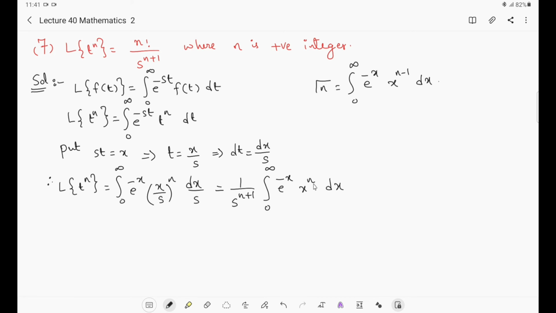And how to write this as n minus 1? I can write this as n plus 1 minus 1. So use this formula. In place of n, I am having n plus 1. So it will be gamma n plus 1 by s power n plus 1, right? Therefore the value of the Laplace transform of t power n is gamma n plus 1 by s power n plus 1, provided